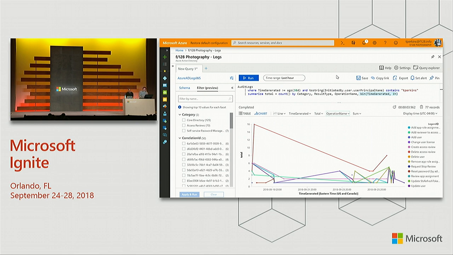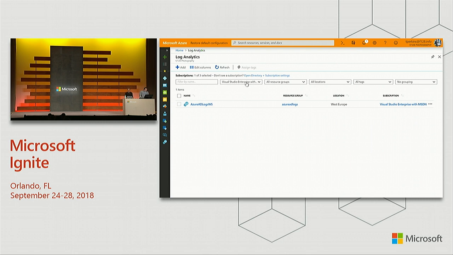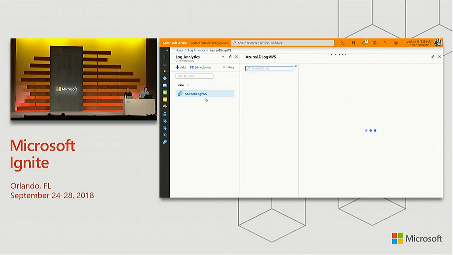So I'm going to go to a new tab here, and I'm going to actually show you the actual log analytics experience itself. You can get to this by going to all services and searching for log analytics, which is down here. And this is just the same workspace that I showed you earlier. So I'm going to drill into this workspace, and I'm going to show you some of the dashboards that I've